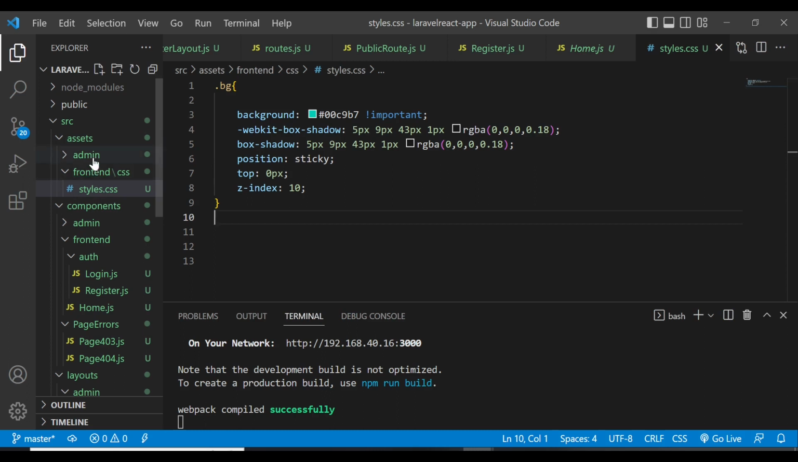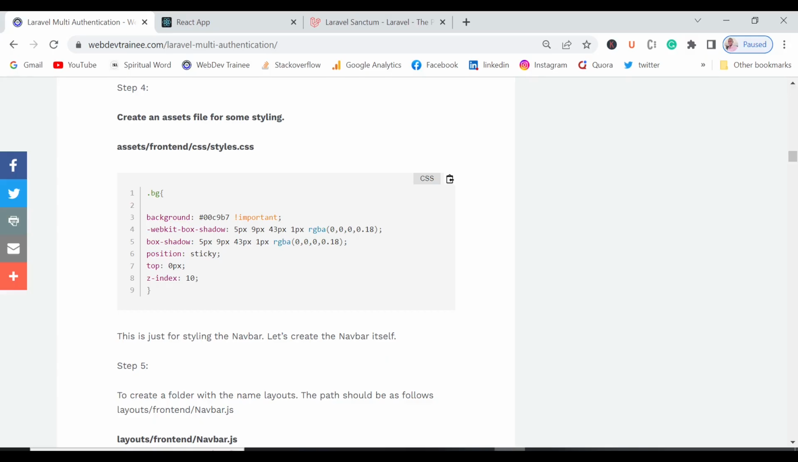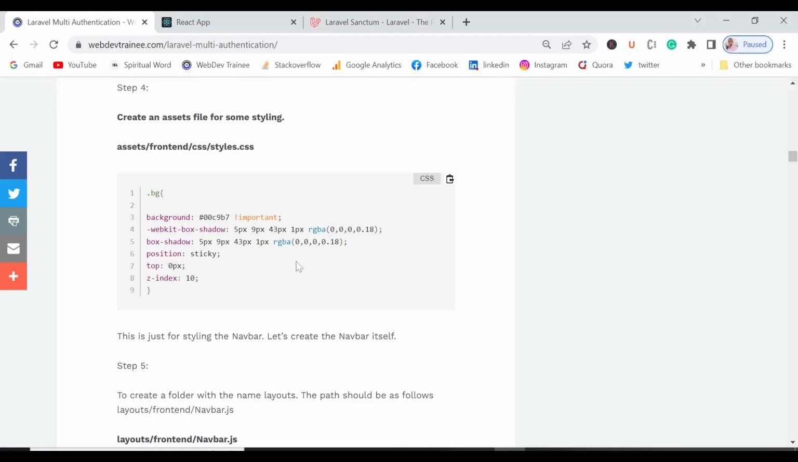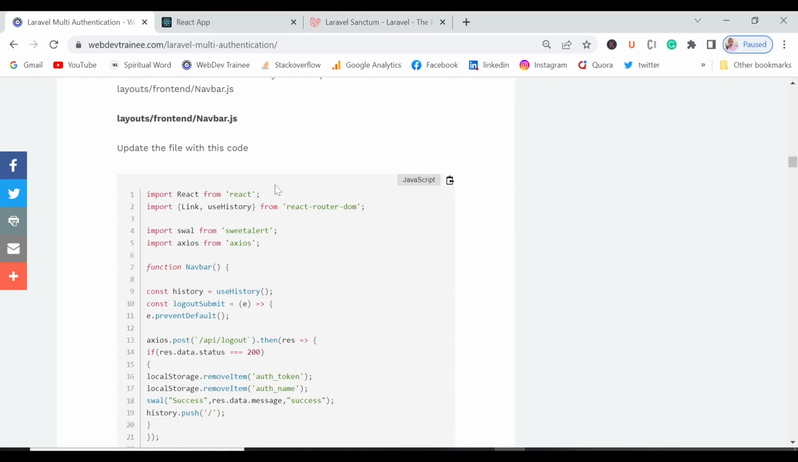So what you need to do is just come to the source and then make an assets folder, and then within the assets create a front end, yes, and then a CSS, and then now the file itself. Okay, so